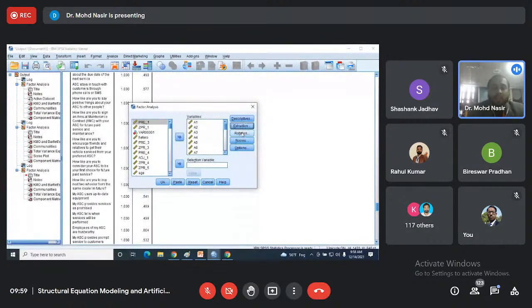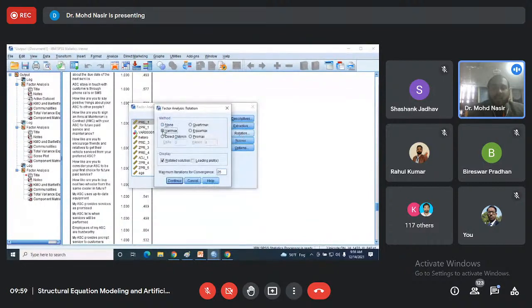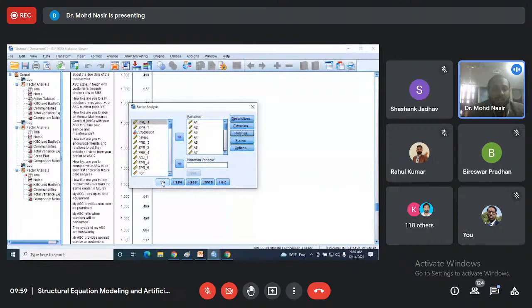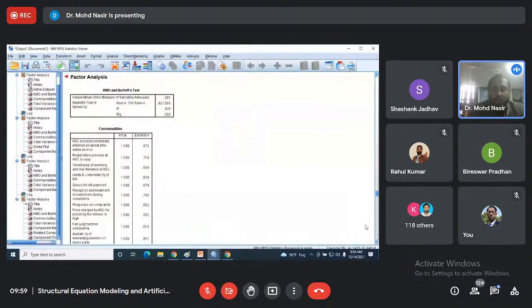So in rotation, as I just told you, we can use varimax, and it is highly recommended. Sometimes its iteration limit is 25, so sometimes we need to increase it, because rotation needs an iterative process. It is one process where each time the correlation matrix gets calculated, and it repeats till it achieves the same value. So in Excel we can also check that, but right now we are very much focused on SPSS. So right now the basic